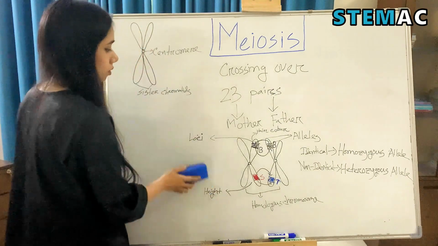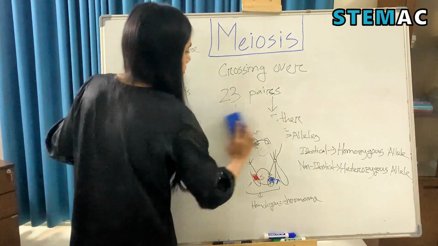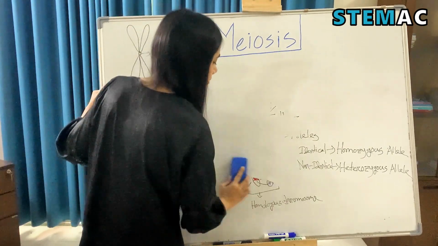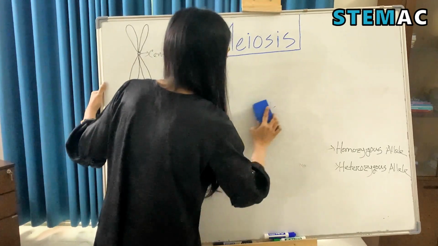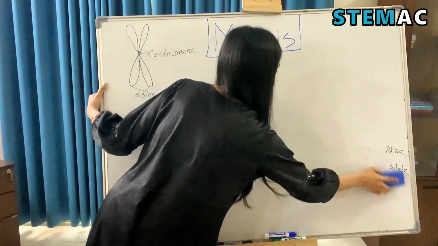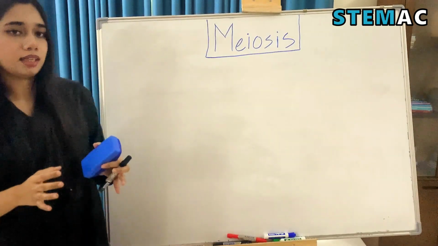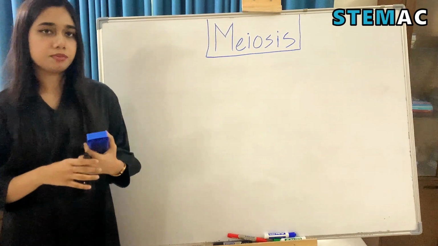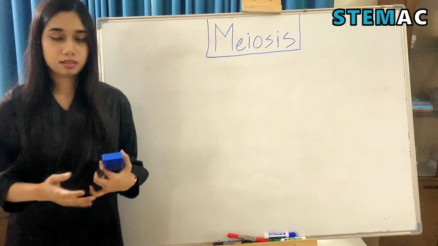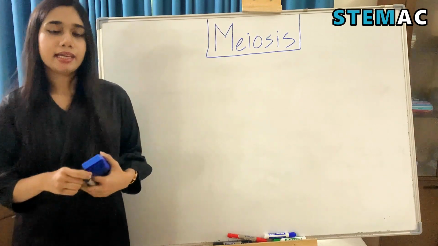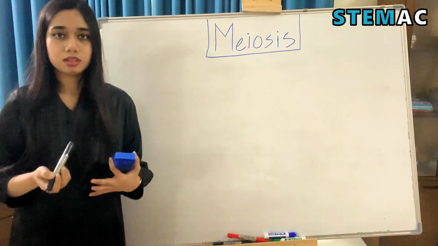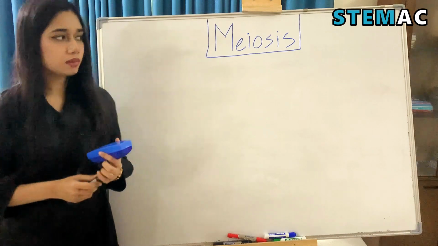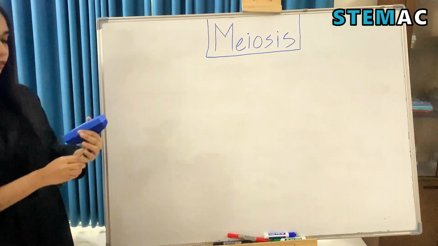meiosis. So after crossing over, meiosis is a cell division process in which the formation of gametes takes place. By gametes we mean egg cells for females and sperm cells for males. So meiosis is also called reduction division. So a meiosis division process is